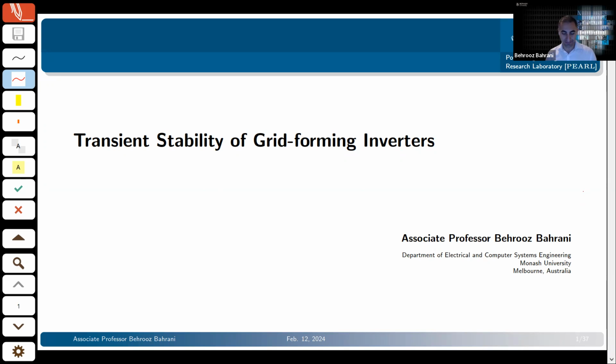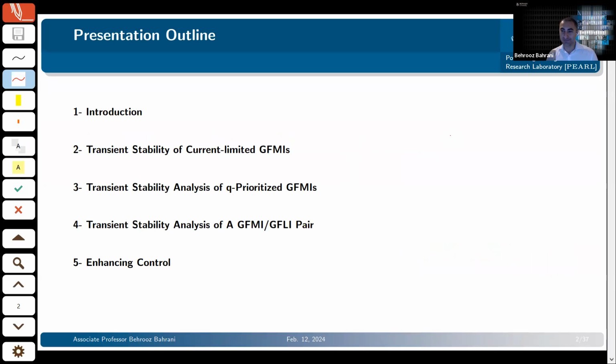Very delighted to be here today to present this topic of transient stability of grid-forming inverters. And I'm hoping that you'll see a few topics and concepts that are useful for our energy transition using grid-forming inverters. To start with a very brief overview of what I'm going to talk about today,